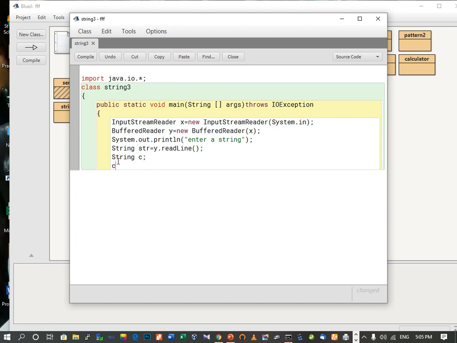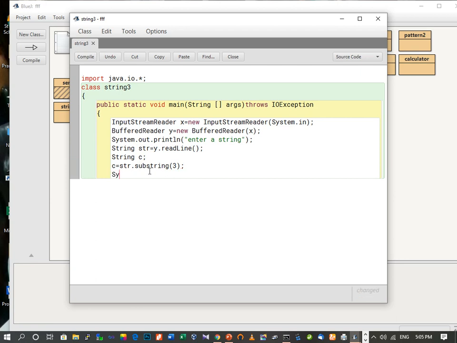So C equal to str dot substring. Str will contain the string entered by the user. First we will use only one index, 3, which means starting from 3 it will be printed. So this C will store the output of this function.